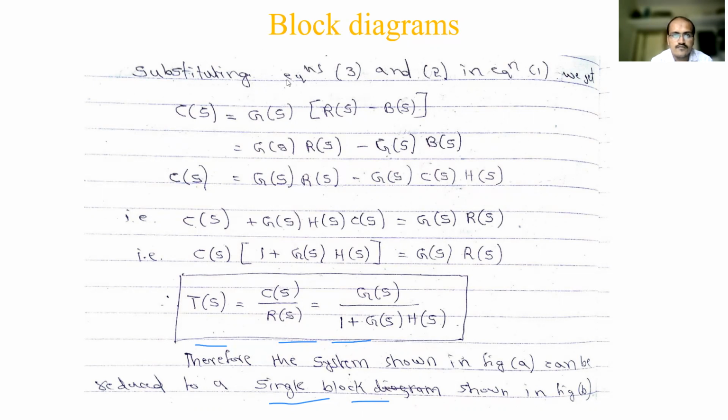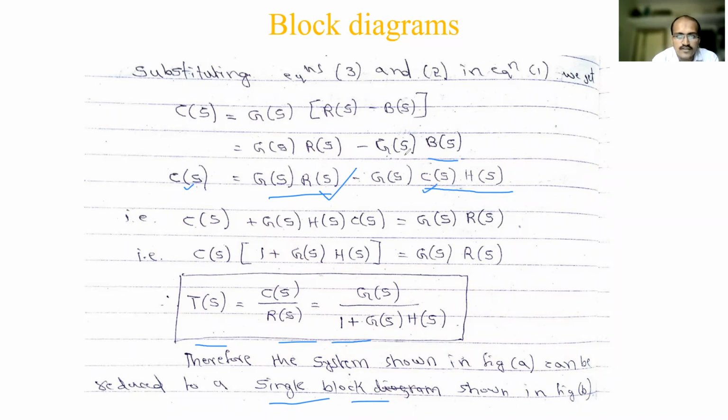Just a minute. Okay, so G of S, R of S as it is we are writing. Then for B of S I am substituting. What is B of S from equation 2? It is C of S into H of S. So once you got all these things, here you have one C of S term, and here you have another C of S term. So both you can club, and you have the R of S term in this. Just rearrange it, C of S one side and R of S one side, then club it, and you take the ratio, you'll get the transfer function.